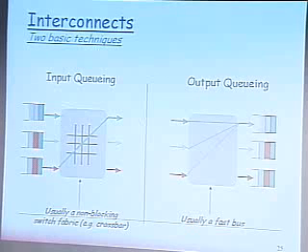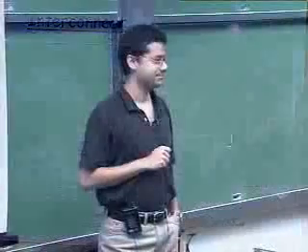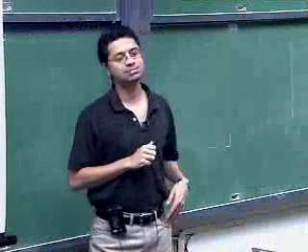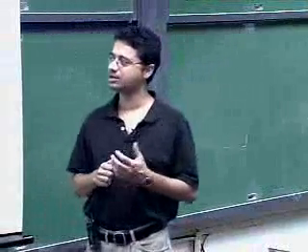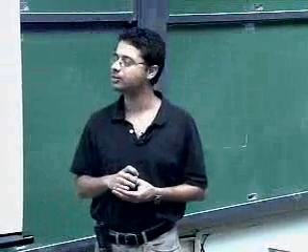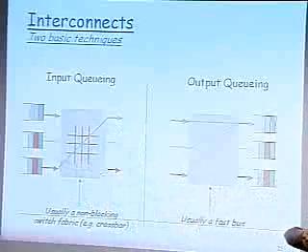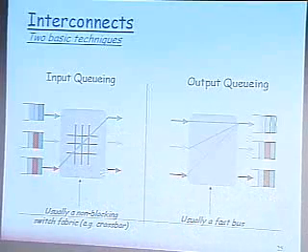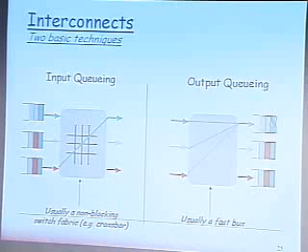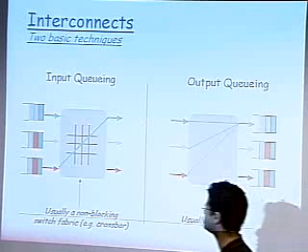Now once you have made this forwarding decision, once you know which port this particular packet has to go to, which output port, the next step is then actually sending that packet to the right output port. In modern routers, there are two basic ways of doing this forwarding. One is